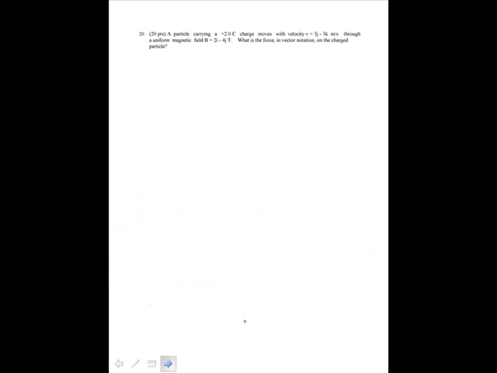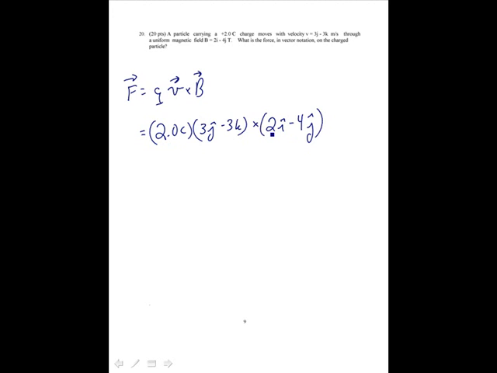All right, number 20. Most people got this. I just want to know the force in vector notation on this charged particle. The force is equal to QV cross B. All right, the Q is 2 coulombs. The V is given as 3J minus 3K. And then the magnetic field is 2I minus 4J. So